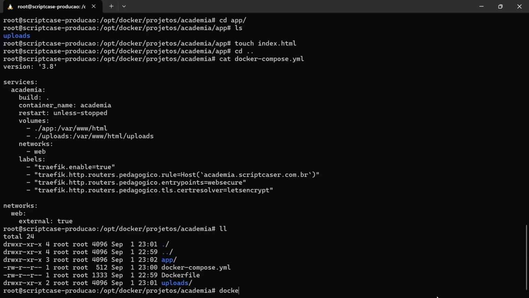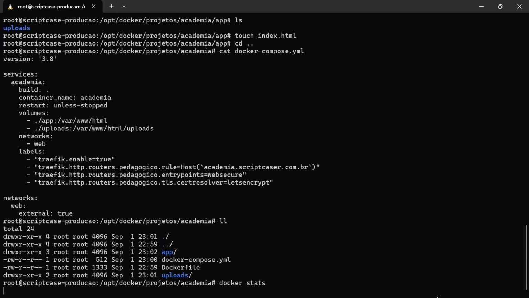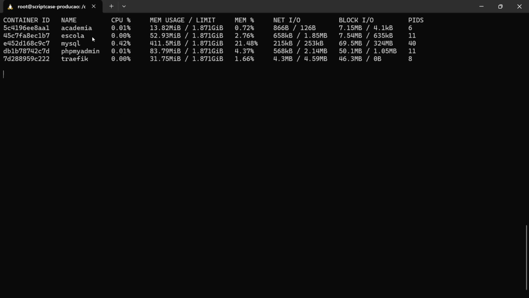Let's put Docker here. In Docker stats, we can see all the containers that are running here and the consumption that is being used. So what is consuming the most here is MySQL, which is 0.37 of CPU, less than 1%. The memory here, MySQL uses more, we can observe here. The others here, Academy and School. Academy has nothing, so it is using 13 megabytes of memory. School is using 52, and here we have the percentage in memory so you can monitor how the resource usage